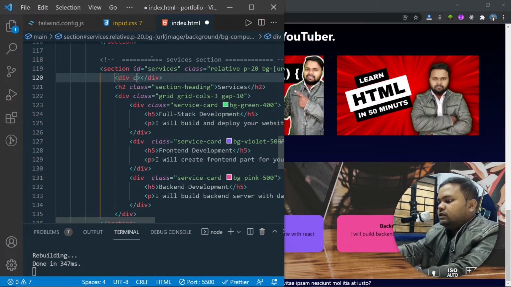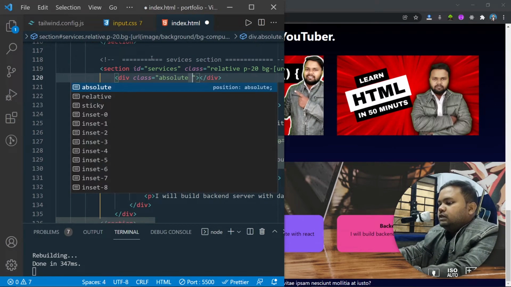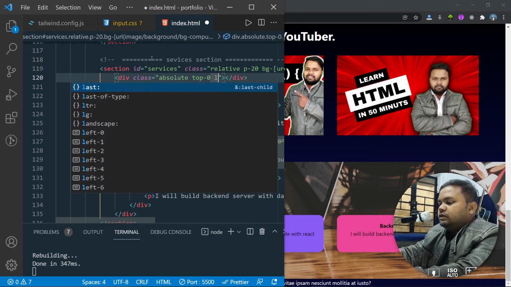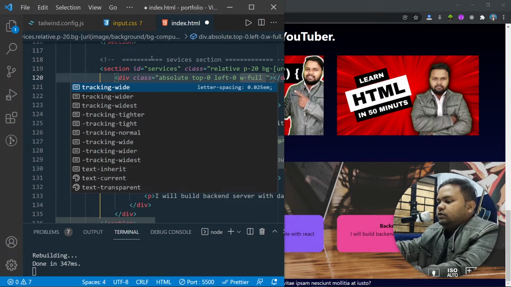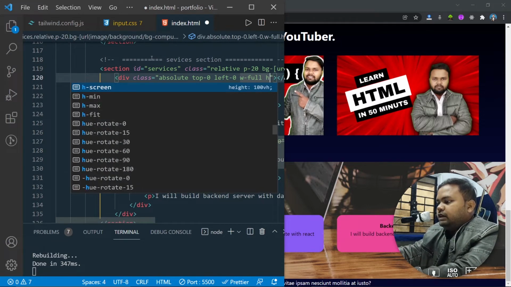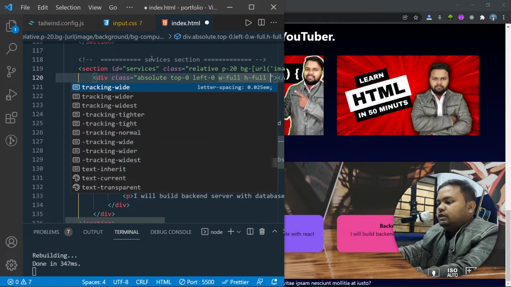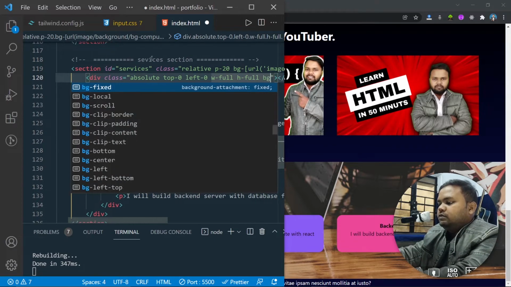So I'll give this div a class, and here I'll say absolute. I want to position this top 0 and left 0. I want to have this width of 100%, so I'll say w-full, and I also want to give this height of 100%, so I'll say h-full, and I want to give it a background color, so I'll say bg-